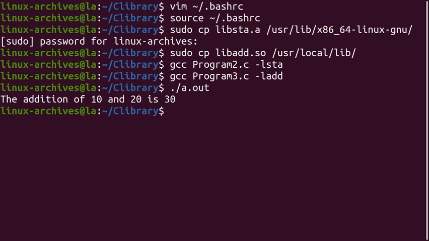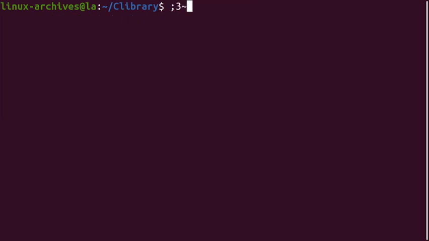Now I will show you how to find how many static libraries or shared libraries are linked to an executable file. For that, first of all, we will create two executable files, one for the shared object library and one for the static library.